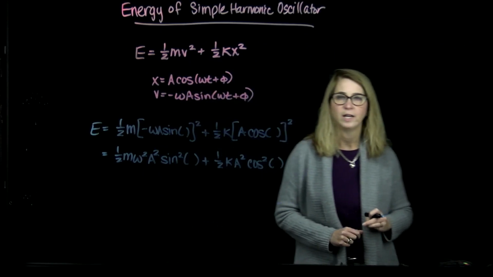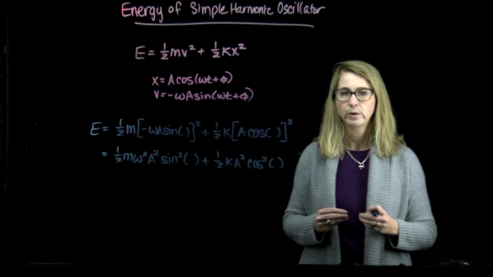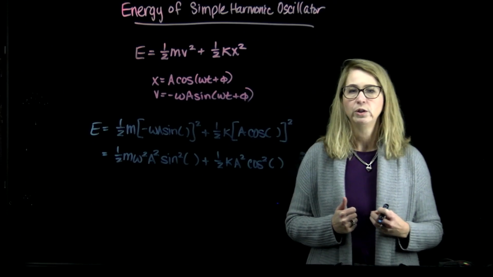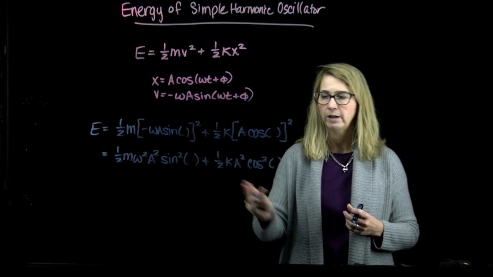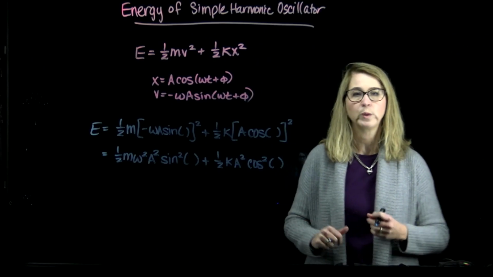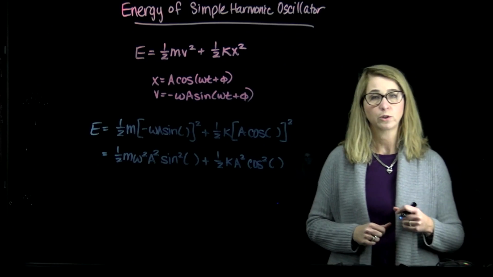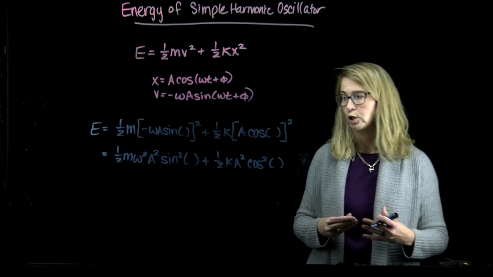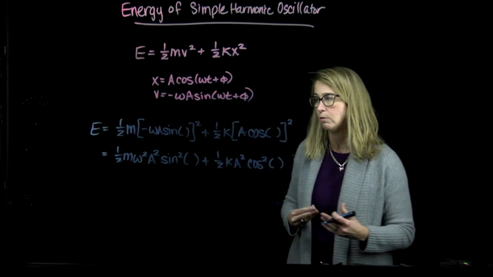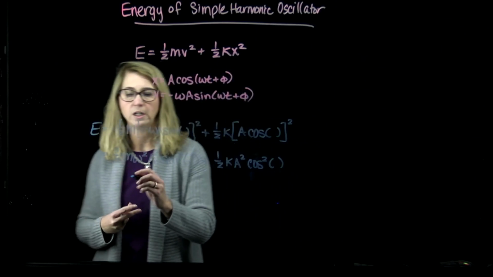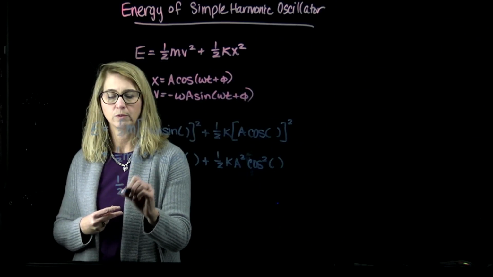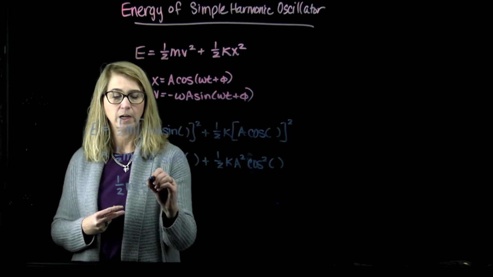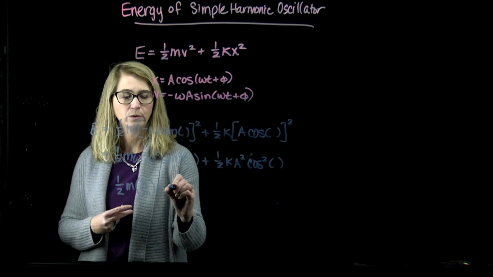All right, so now we have a term that involves the sine squared and the cosine squared, and it would be really nice if we could make these similar, have similar coefficients, because we know that sine squared plus cosine squared is equal to 1. And then we would be able to get rid of those terms. Well, it turns out that we can do that because we could substitute in here for the omega squared. So omega squared would be the same thing as k over m. And so if we do that,